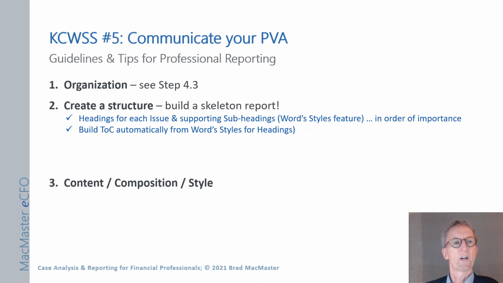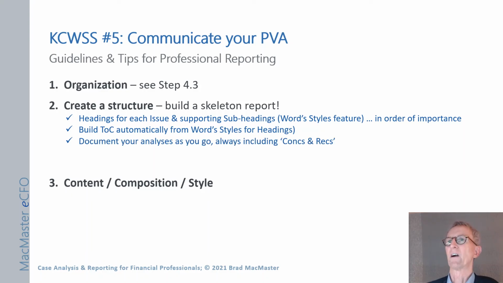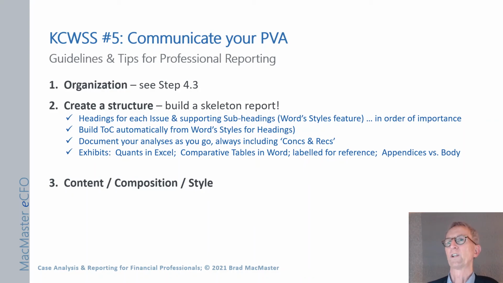So at this point now, we've got a skeleton built. We can go ahead and document our analysis as we go, always remembering to include conclusions and recommendations, which of course might have their separate subheadings under each issue's heading. We'll include exhibits: prepare your quants in Excel, prepare comparative tables in Word, label everything for reference, and then you can decide whether you want to collate all of your exhibits in appendices or whether you want to place them in the body of your report so that they appear in context to the qualitative analysis that you're